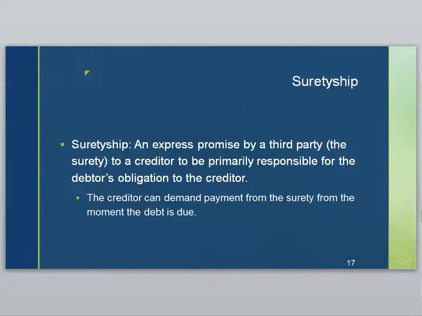So this is the idea that there's a primary responsibility element for the surety. So a surety says basically, I've signed this now, and if you want to come after me or the original debtor, that's fine. As a practical matter, very rarely would you sign on as a surety for someone without compensation or some sort of employment arrangement or some other reason that you're willing to take on this debt. Typically in small business settings, it can be business debt that's taken, and then we have personal guarantees on that debt, sometimes to get bank financing, for example.